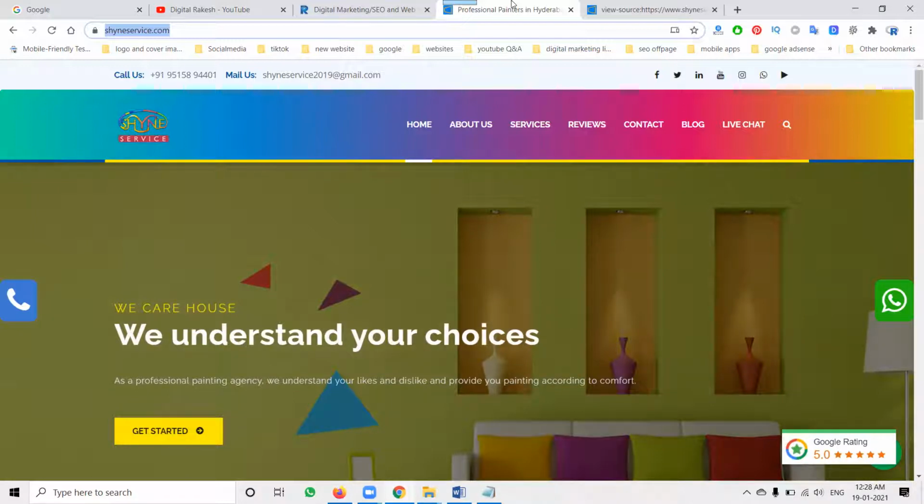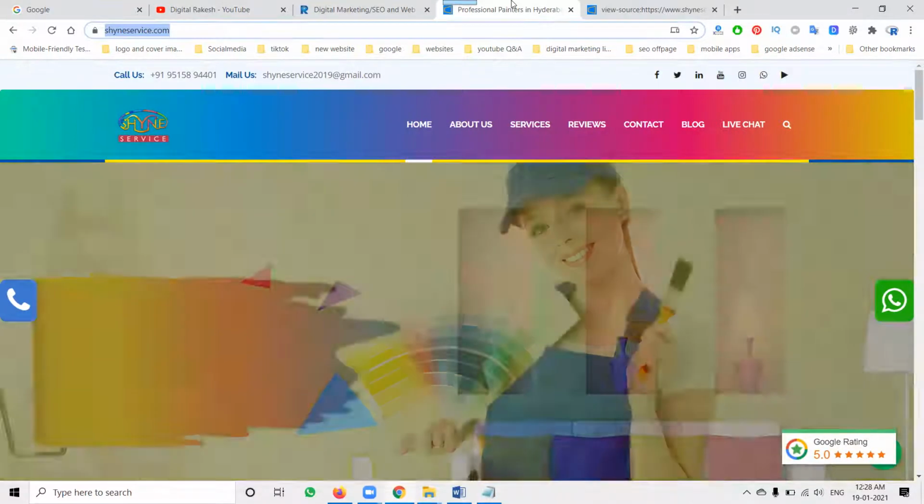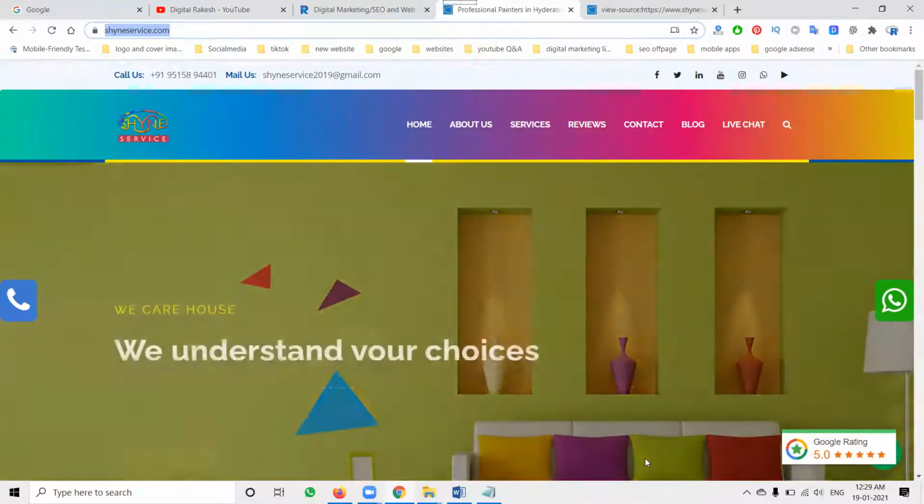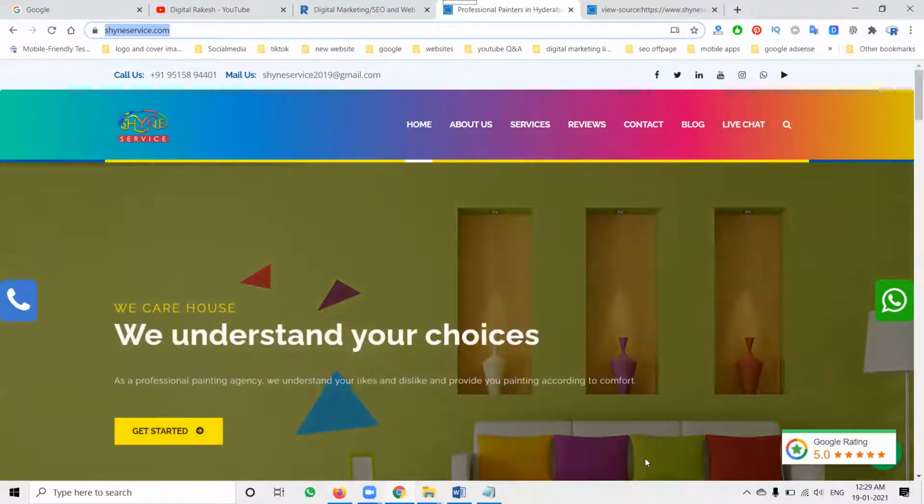This will be useful for WordPress websites. Now I'm just logging in to cPanel. WordPress is not suitable for cPanel; only HTML and PHP websites are suitable for login through cPanel. WordPress depends on the plugin called Insert Headers and Footers.